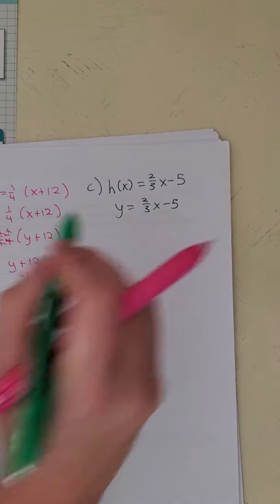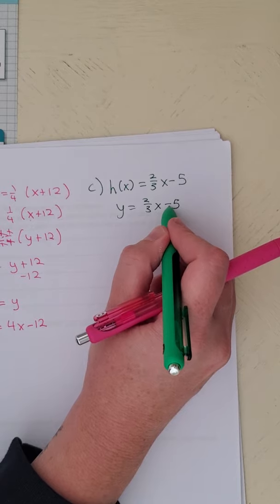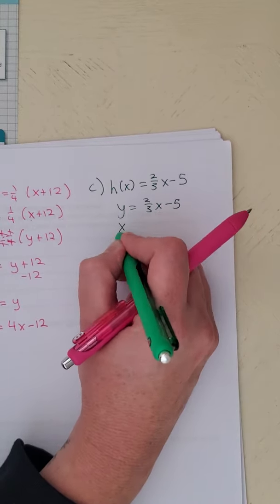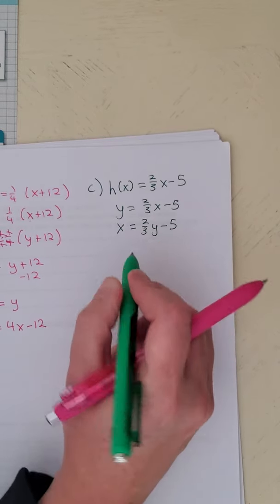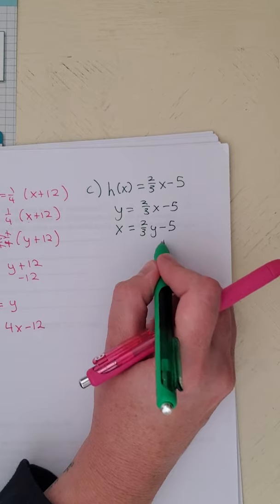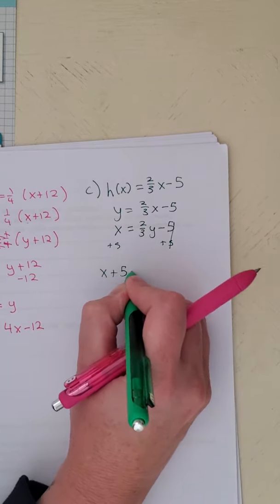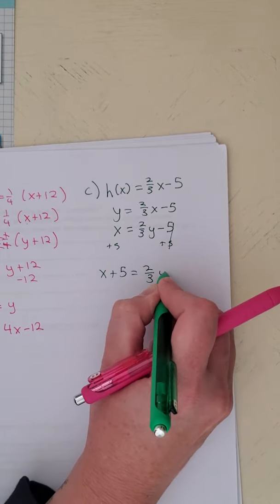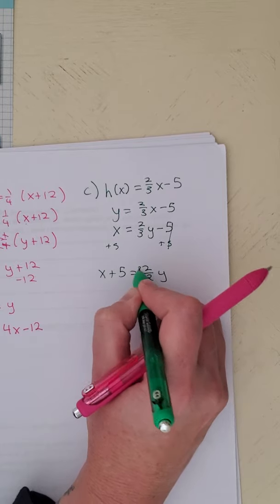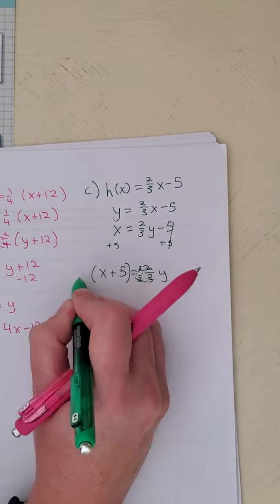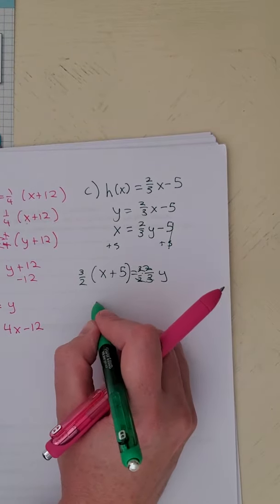And then I'll multiply by the reciprocal to get rid of this in just a moment. First, I'll go ahead and switch my x with my y. So x equals 2/3 y minus 5. To solve for y, I'm going to add 5 to both sides. That gives me x plus 5 equals 2/3 y. And this is where we'll multiply by the reciprocal. The reciprocal would be 3/2, and those reduce. I have to multiply this side by 3/2. And so that would be 3x